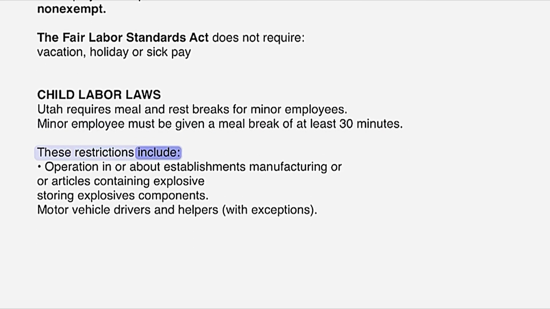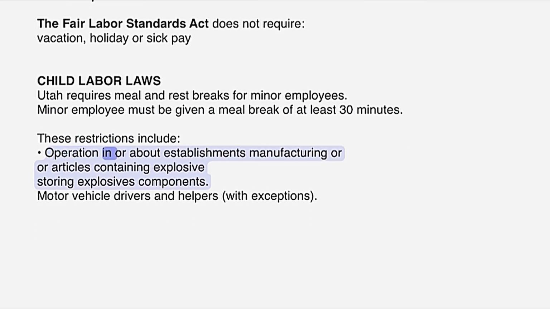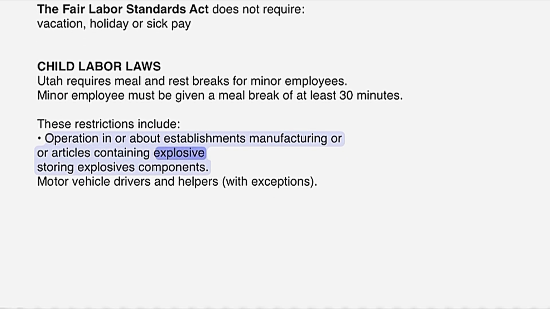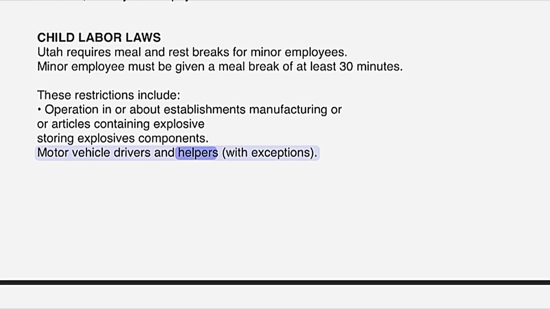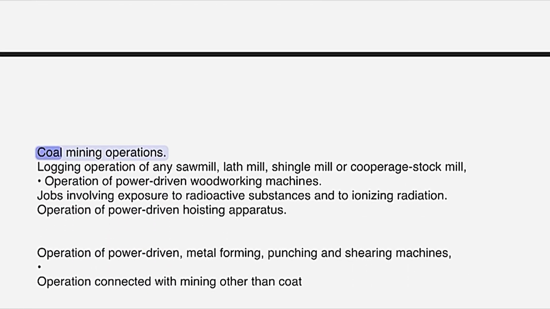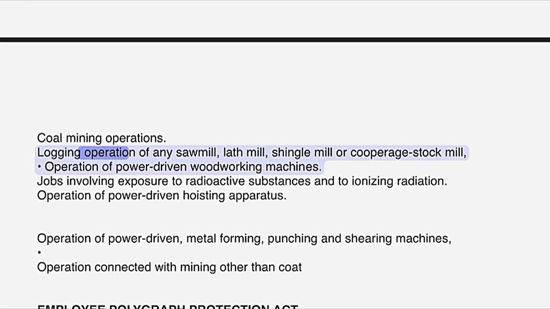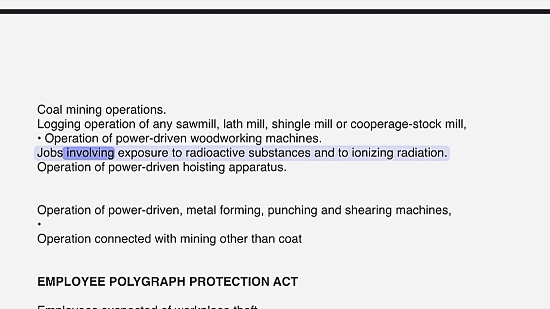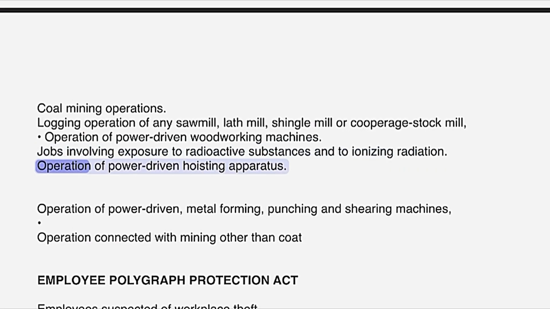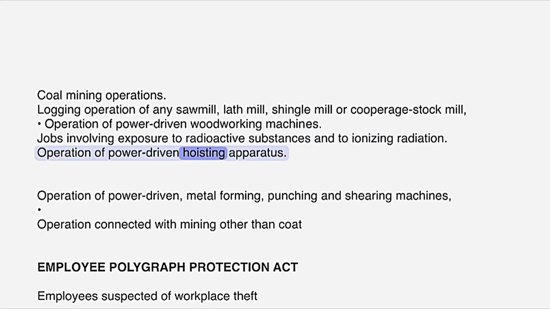These restrictions include operation in or about establishments manufacturing articles containing explosives, storing explosives components, motor vehicle drivers and helpers with exceptions, coal mining operations, logging, operation of any sawmill, lath mill, shingle mill, or cooperage stock mill, operation of power-driven woodworking machines, jobs involving exposure to radioactive substances and to ionizing radiation, operation of power-driven hoisting apparatus,